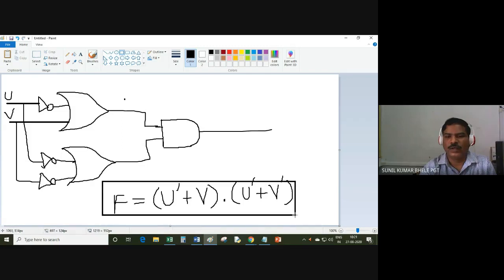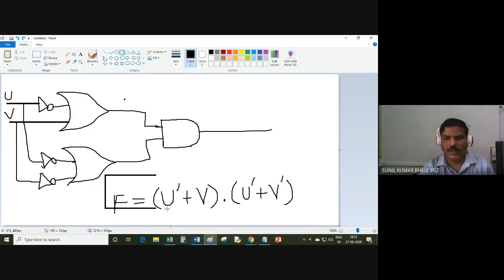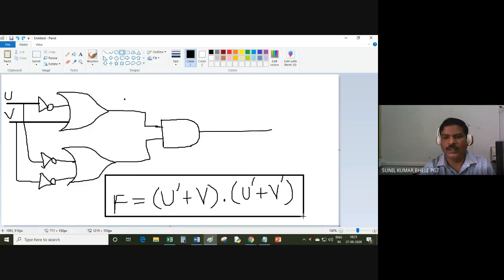So now I can assume that each and every student has understood the concept. So this type of question can be asked: either the expression is written and you have to draw the logic circuit, or the logic circuit is given and you have to write down the equivalent Boolean expression. I will discuss some more gates, the NOR gate, NAND gate, and exclusive OR gate, because those gates are also in your syllabus. And there is one law also, De Morgan's law. I want to discuss that law also in my next class.